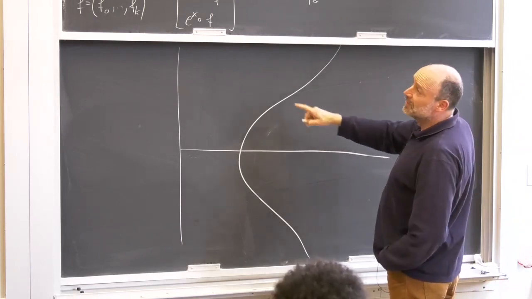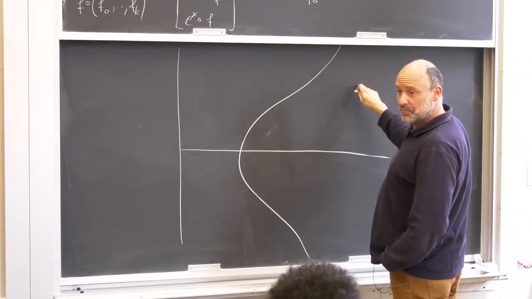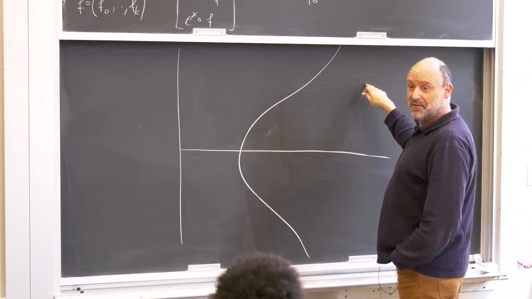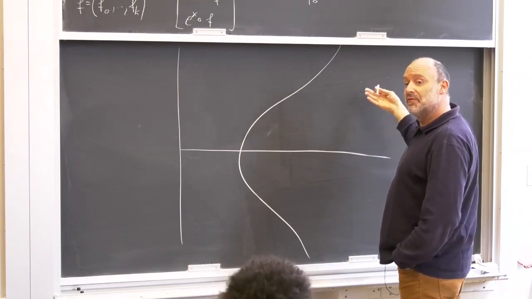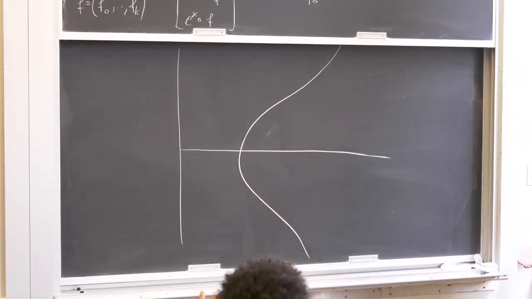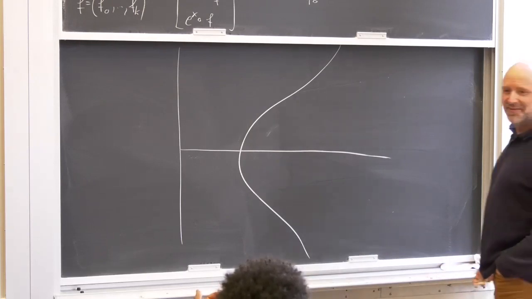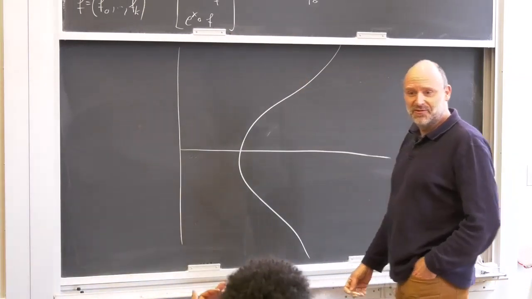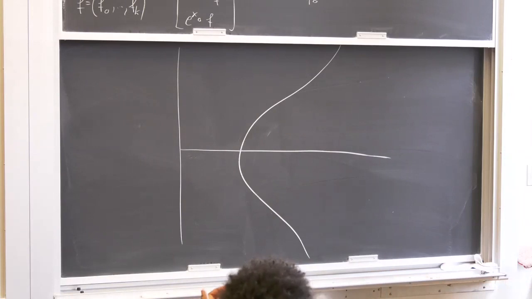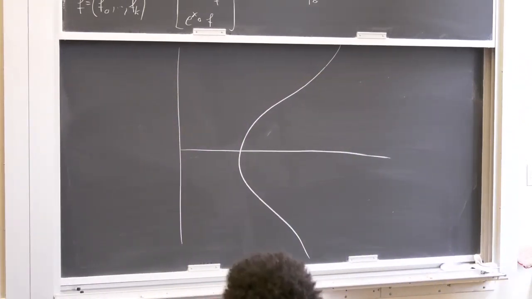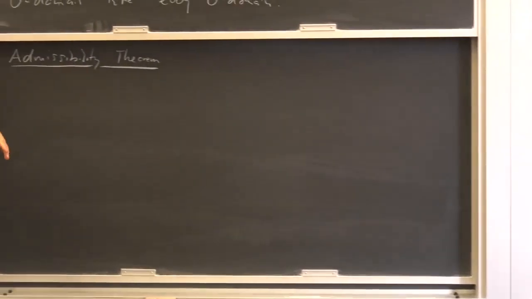And so which terms do what? It turns out that the terms that are infinitely increasing map things up here to up here, so they preserve the sign of the argument, whereas maps going to zero invert the sign of the argument. It's kind of an obvious statement, and it's very important, as it turns out. So that has to be added to the statement of the continuation theorem in order to be able to carry it through the induction. There are a couple of other technical things like that one has to add, but that's an important one. And after you have added that to your continuation theorem and you're able to carry it out,